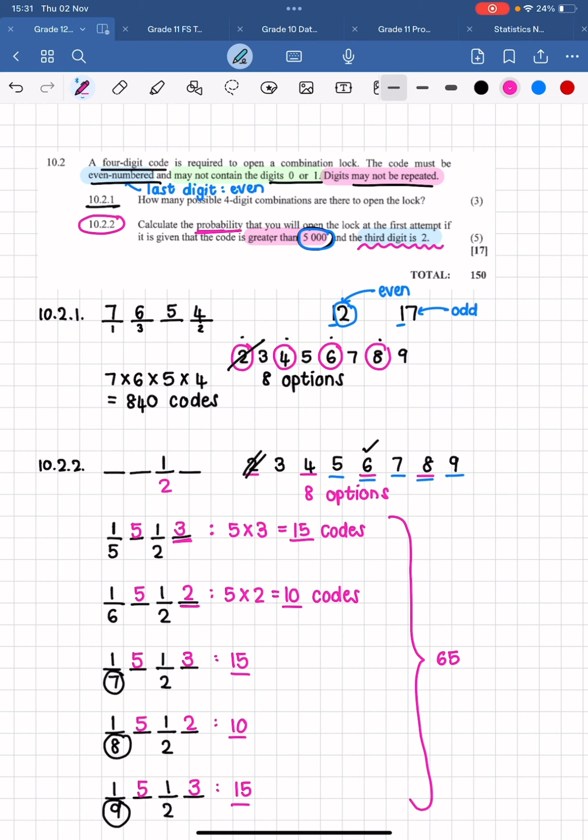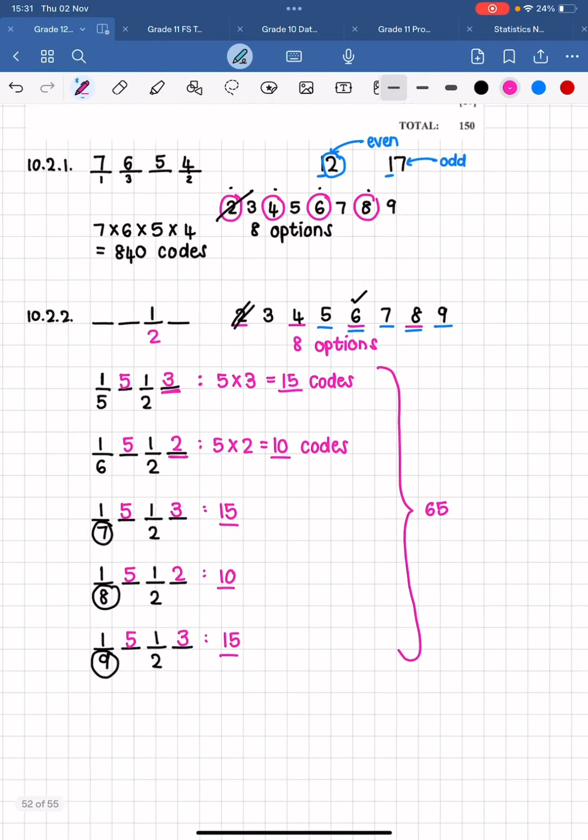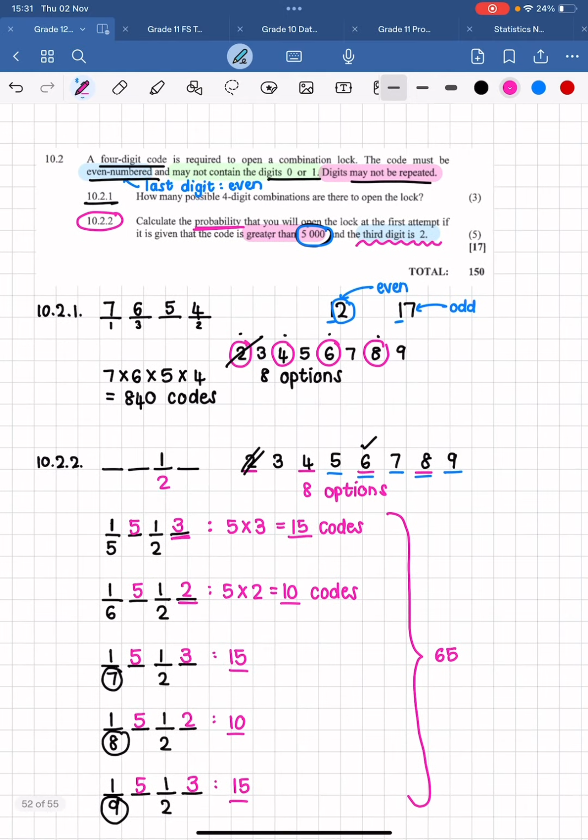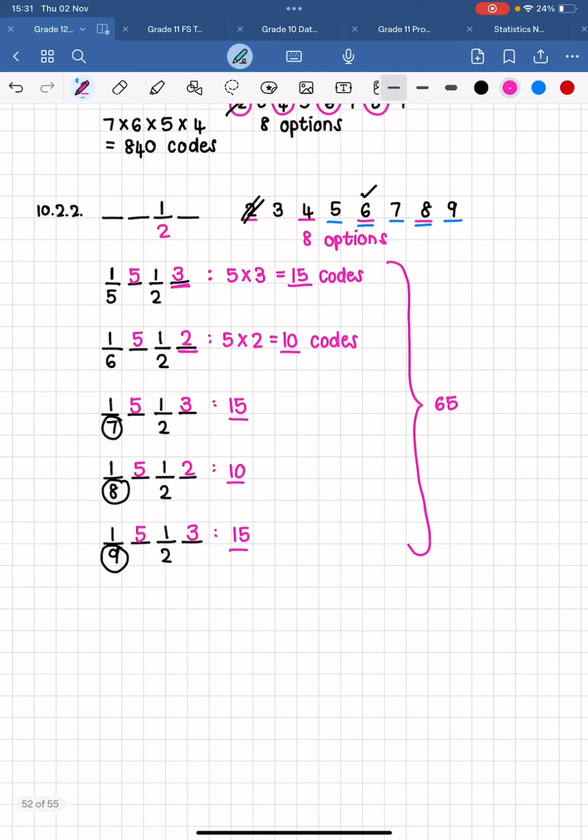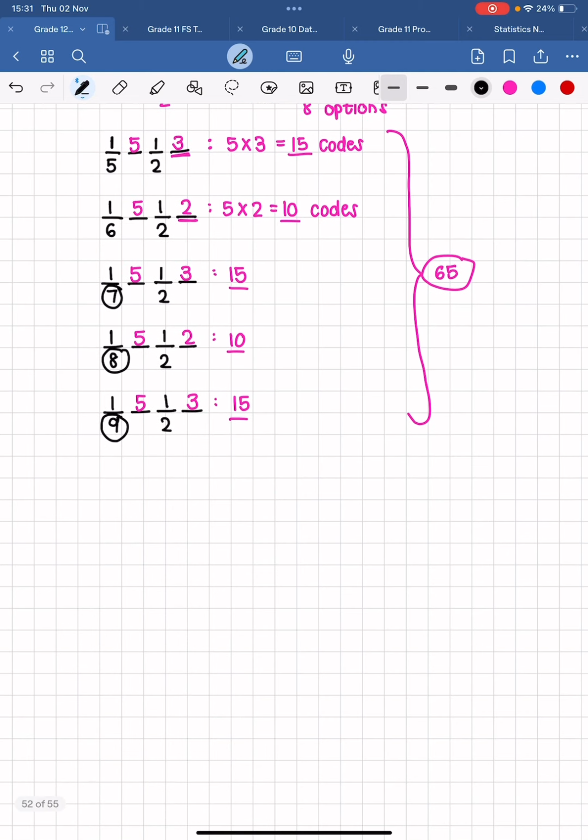But guys, they've asked for the probability that you will open the lock. So how many codes are there that are greater than 5,000 with the third digit of 2? 65. Over how many codes are there in total? 840. So that is the probability. So therefore, 65 over 840, which is equal to 13 over 168 if you simplify it. Please do remember to simplify your